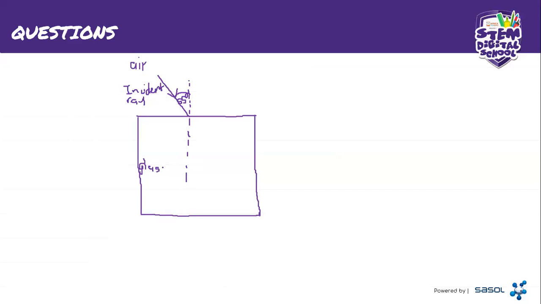So the light ray is moving from a less optically dense medium to a more optically dense medium. So the light ray will bend towards the normal. Then this light ray, we will call it the refracted